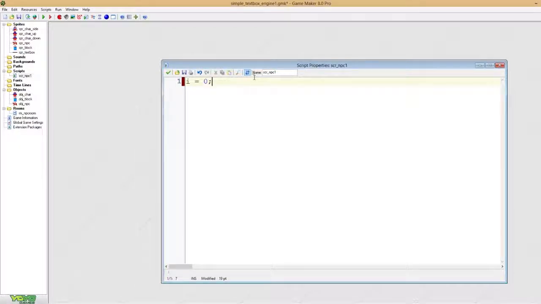So basically, we're going to be handing off. This script is going to be given to the text box object when we create it, and so the text box is actually going to be running this script. So everything that happens in here basically belongs to the text box. We're going to be giving the text box an I variable of 0, which is going to keep track of which line we are on. Next, we're going to create the array that's going to contain all the different text. So we'll say something like